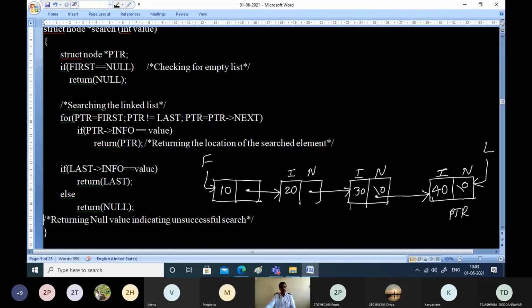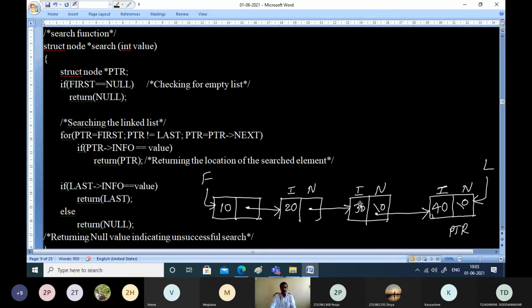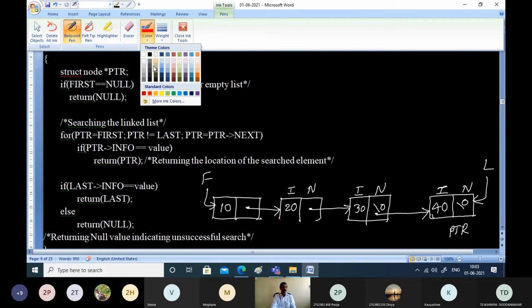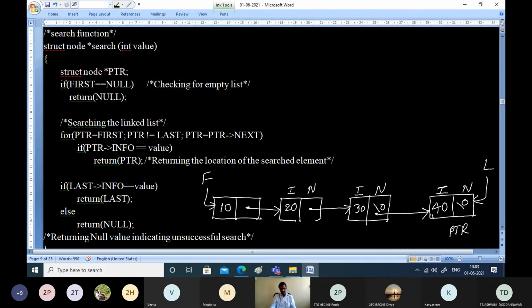Okay, so I think everything fits in the same window. Now with the help of this, I can explain the search function in a better way. Searching for an element in a linked list.